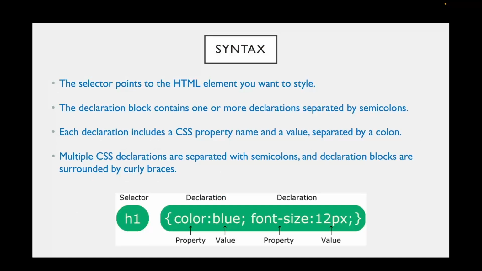CSS syntax. CSS syntax has selectors that point to an HTML element, and the declaration block that contains properties and values separated by a colon, and multiple declarations hold many properties and values separated by a semicolon.